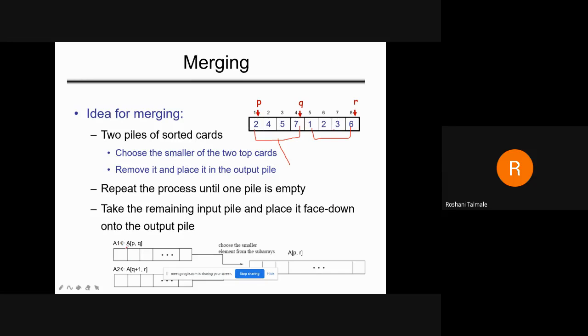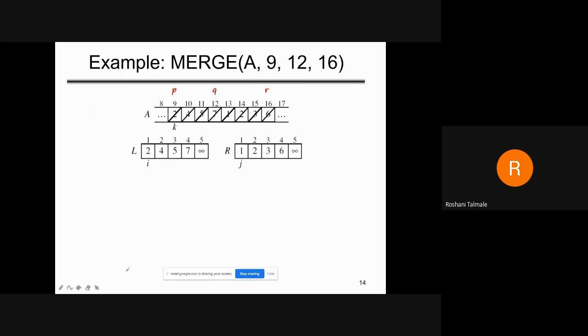So this first array is A, P and Q. First we will perform it completely and then we will consider the other one, that is A, Q plus 1 and R. Okay, so next, this is another example they have shown, 2, 4, 5 like that. In this case, what we have to see, now we have to write the pseudocode, and comparison is required. Comparison means we require the for loop, so we require the comparison operator. So for example, this is the array.